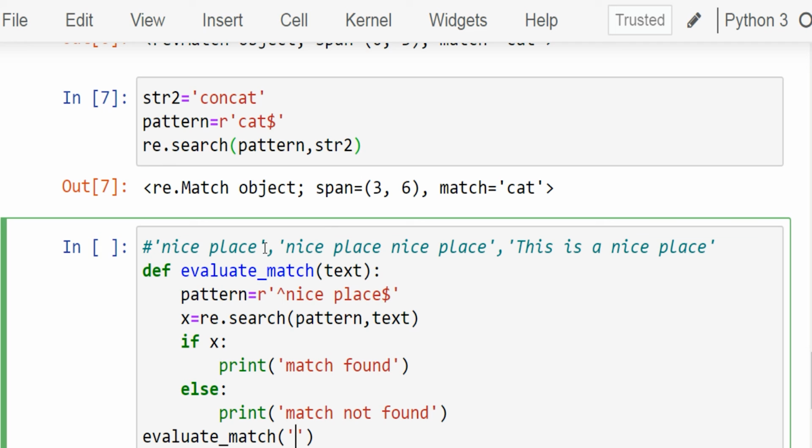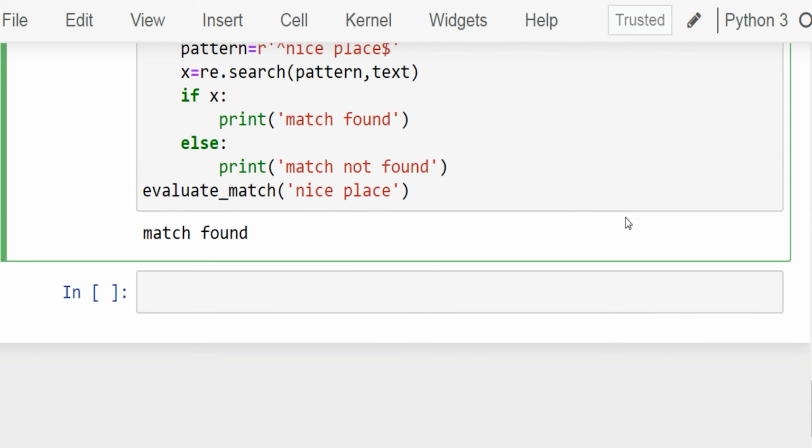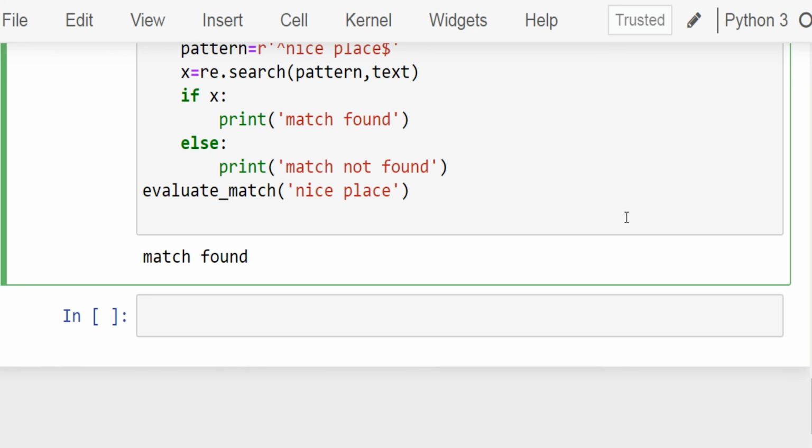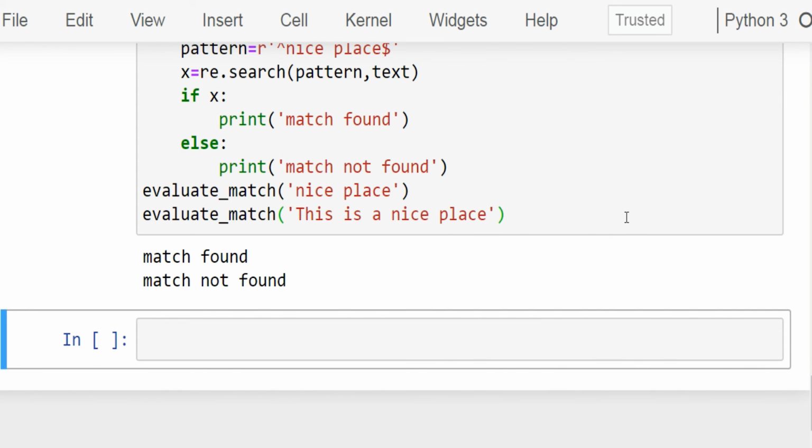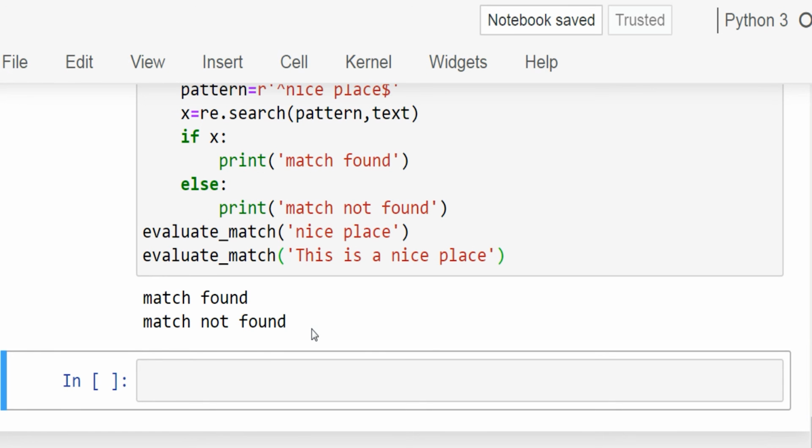Let's evaluate our first string, nice place. Run this cell. Now let's evaluate our next text, this is a nice place. Run this cell. See that match not found has been displayed.